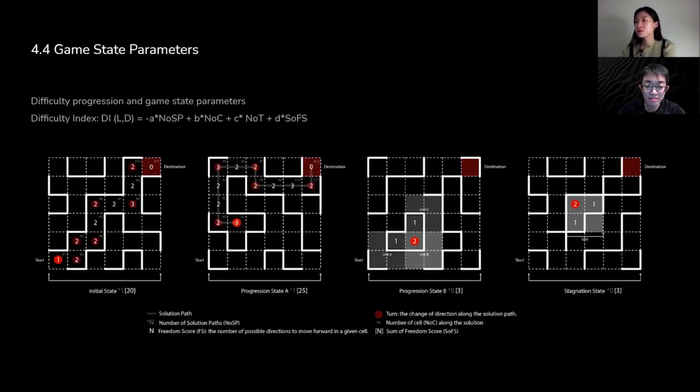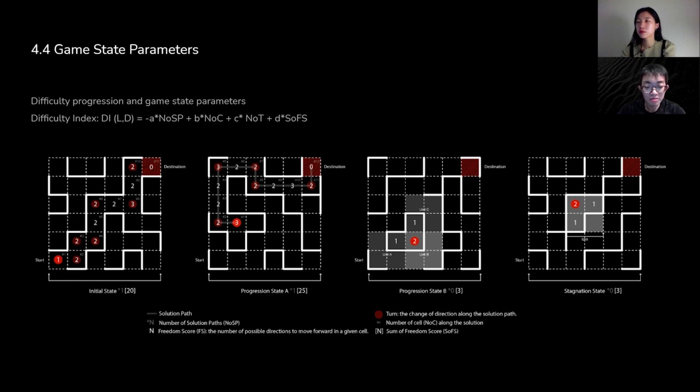To program the maze that adapts to the level of the player, a set of game state parameters are defined to determine the difficulty for a player to get out of the moving maze. Player-dependent parameters also factor into the quantification of the game to evaluate the player experience. We propose that difficulty index of a solution path is a weighted sum of game state parameters mentioned above. A smooth difficulty progression is quantified as an incremental increase of difficulty index while leveling up. It is also important to notice that these game state parameters are interdependent.